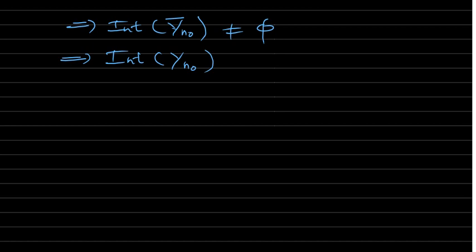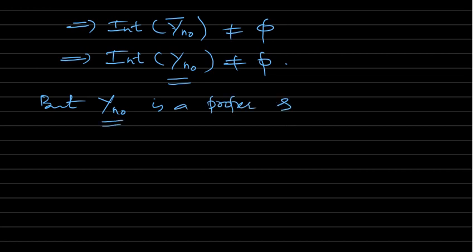So that means y naught closure is y naught. So this is non-empty, which means that the interior of y naught is non-empty. But this y naught is a proper subspace, because y naught is a finite dimensional space, right? It is generated by n vectors, and x is not finite, it's an infinite dimensional space. So y naught is a proper subspace